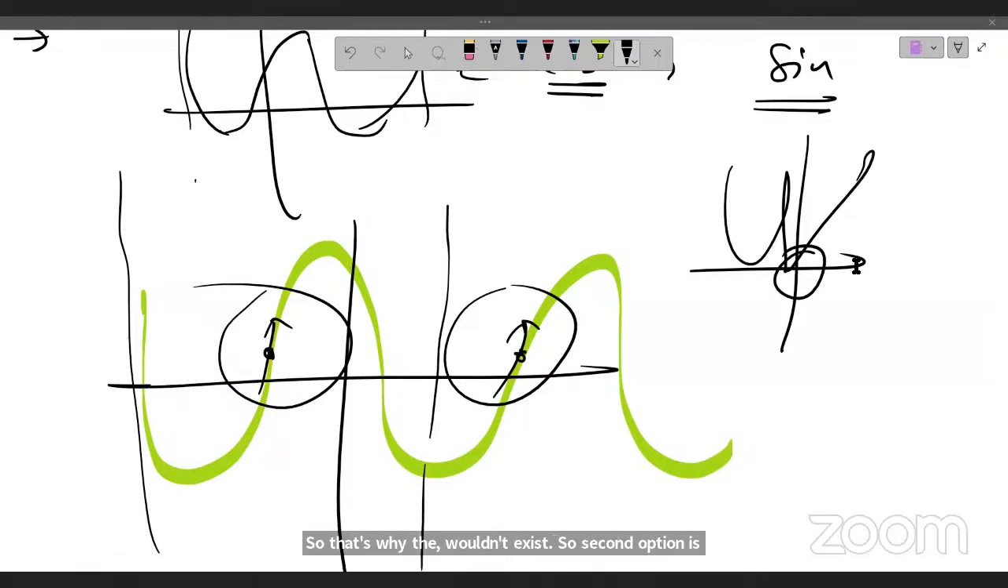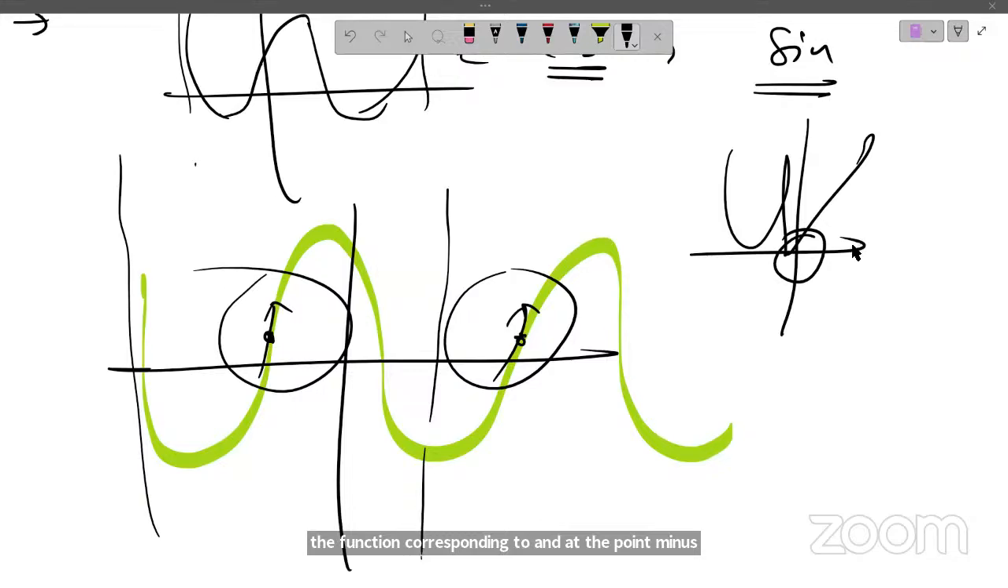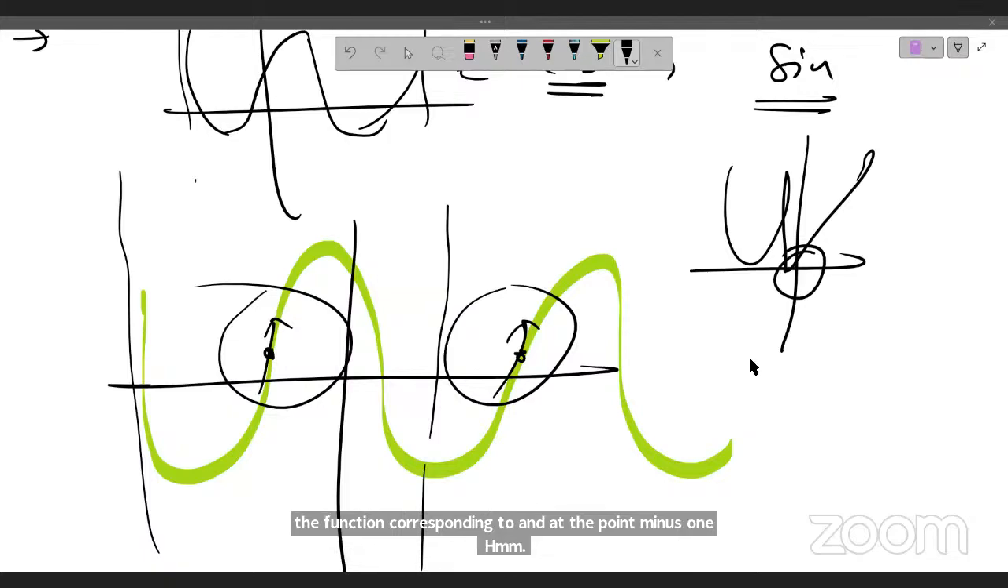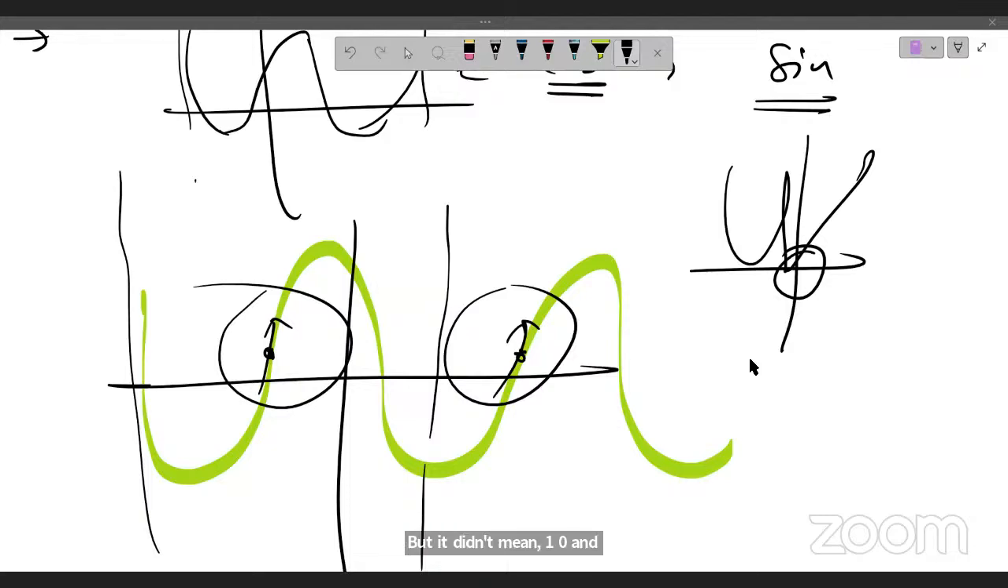Now the third option says the derivative of the function corresponding to curve 3 at the origin and at the point (-2, 0) are the same. Origin means 0, and at the origin it is 0. And what is the other point? -2, 0. So that's not correct, because at the origin the curve is something like